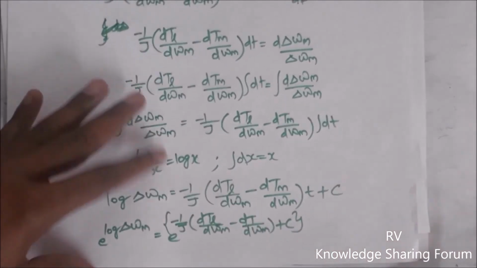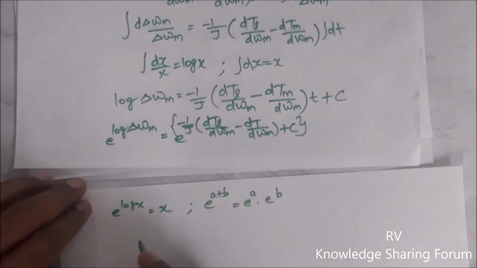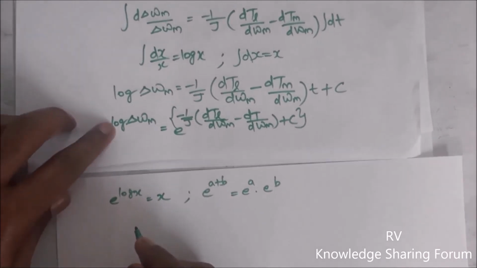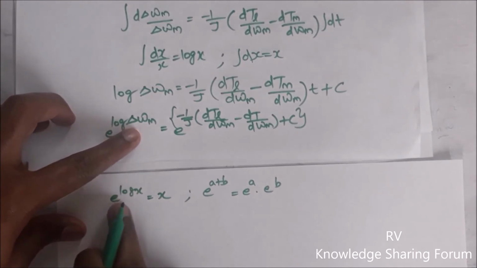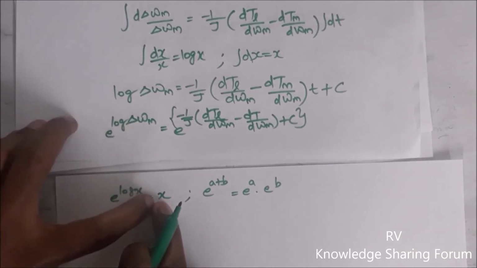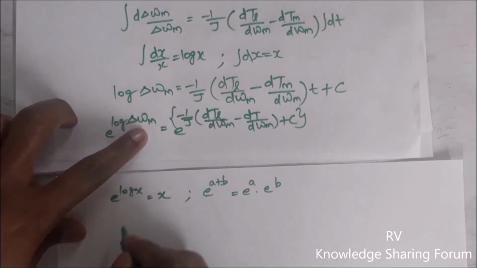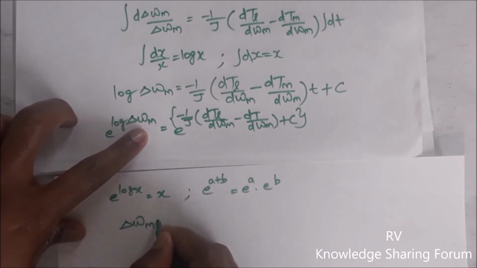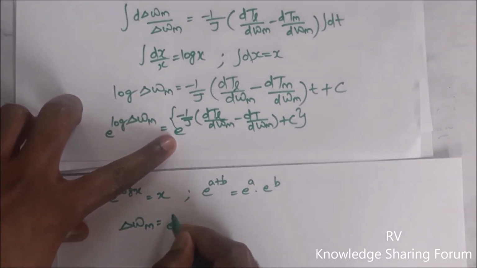So now let us use these logarithmic formulae. Okay, so e to the power of log delta omega m becomes delta omega m, because according to the logarithm e to the power of log x is equal to x. Here x is nothing but delta omega m, therefore e to the power of log delta omega m becomes delta omega m, which is equal to e to the power of